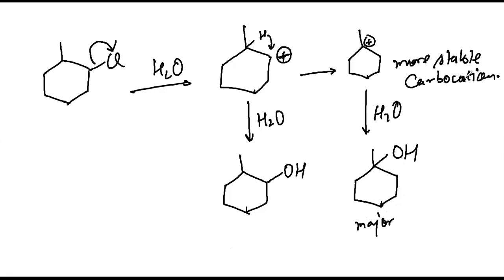You getting this? Yes, sir. That's why it is major. And this will be what? This will be called minor. Now in the minor product, you have two chiral carbons. Out of these two, one is freshly prepared, one was just prepared. Which one is that? OH1 or CS31? OH1. This was previously present.